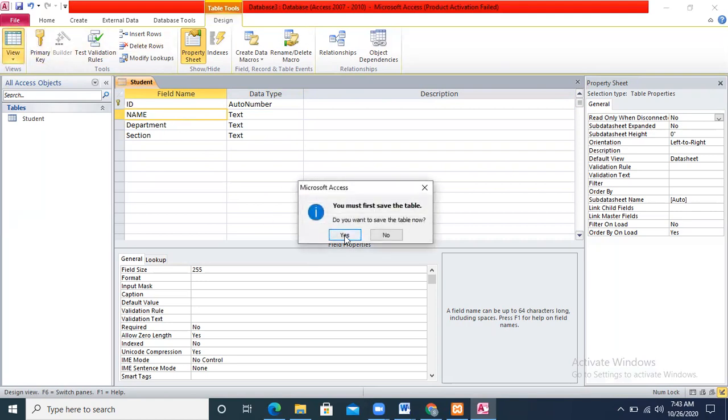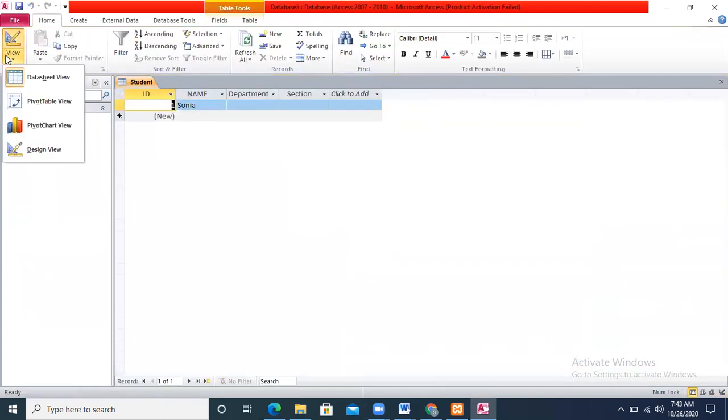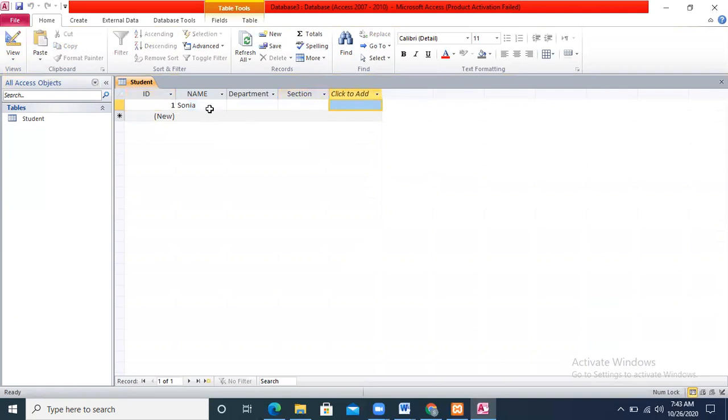Now we are going to our datasheet view. In this datasheet view, we can add different kinds of data in this particular sheet. For example, in our first row, we are going to select the department and the section. After this, I'm going to type the name of this particular student, for example, Yasin. And I did not have to type the ID over here because this is auto increment. So it will increase by itself.